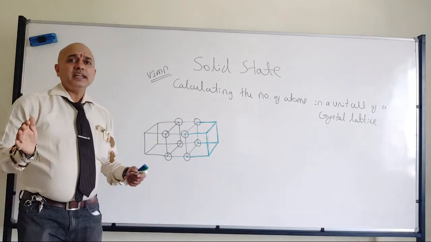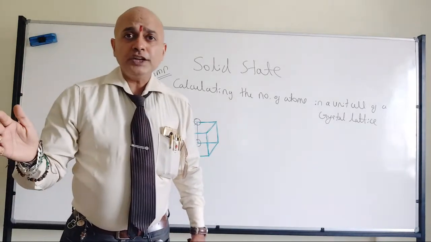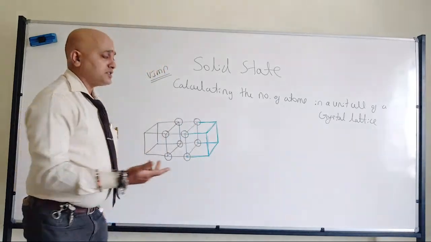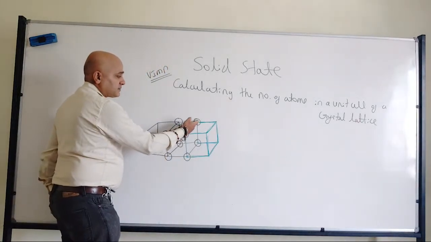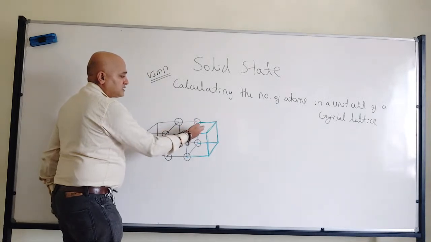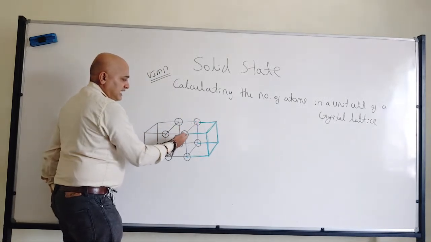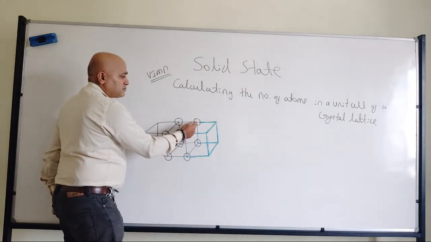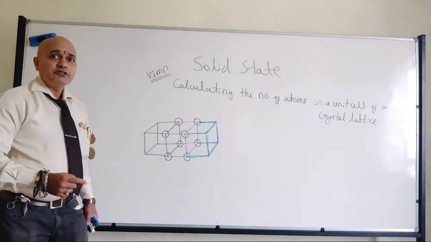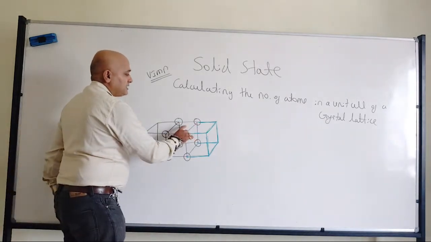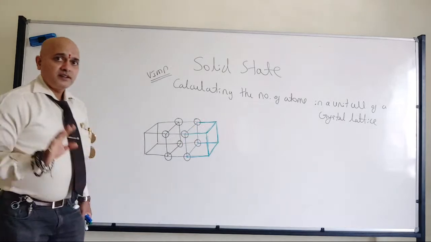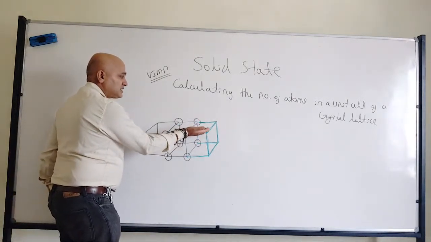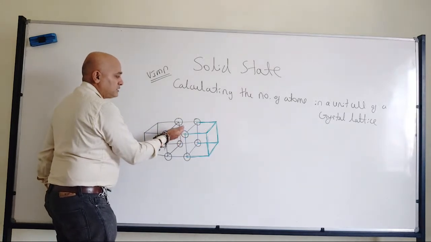It's like in a building, the corner of a room will be shared by 2 more rooms, if neighboring rooms are there. Same logic. These edges are shared by these two unit cells. Naturally, atoms present on those corners will be shared by these two unit cells. Clear? Now the question was, imagine that above this unit cell another one is there, and above this unit cell